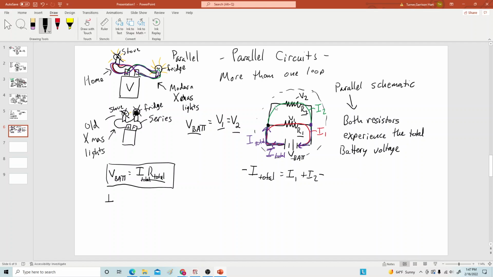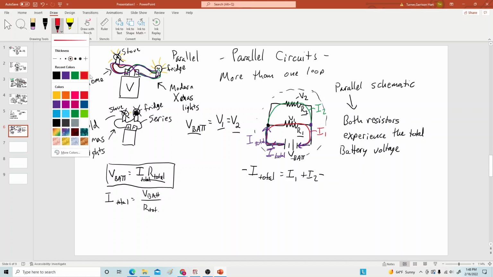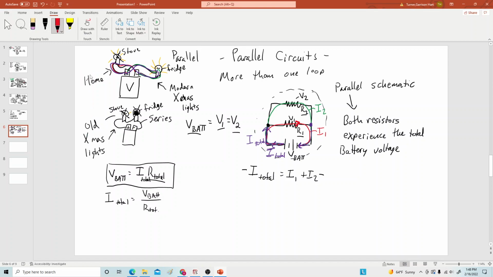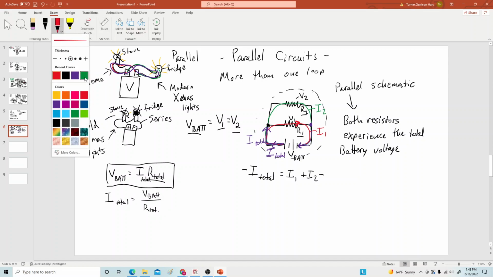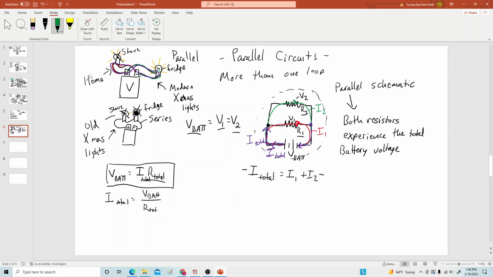And I total is equal to the battery voltage divided by the total resistance, whatever that turns out to be. But once again, Ohm's law applies to each individual circuit element, so that the current through here and the current through here